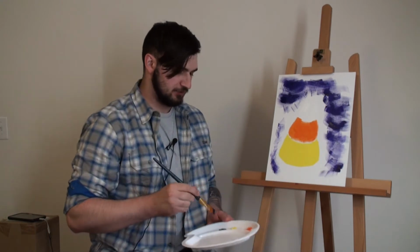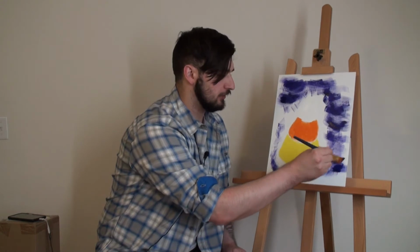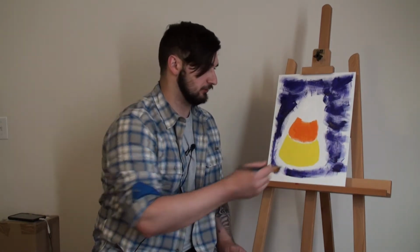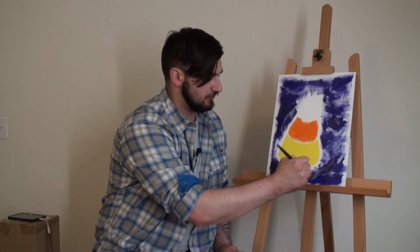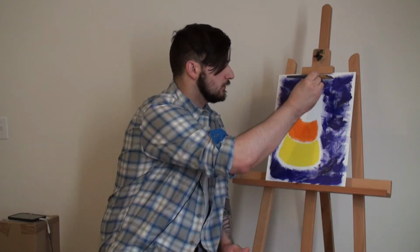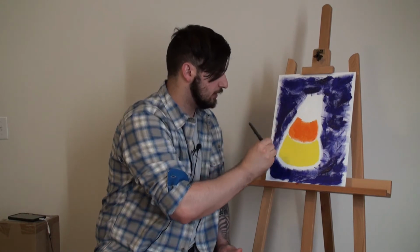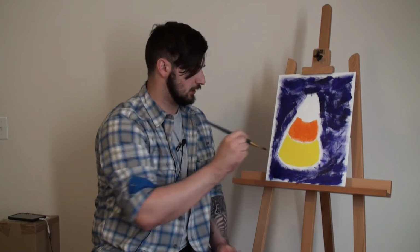Don't worry too much about getting it too close to the candy corn, because we'll come back with a narrow brush to get a little closer. I really shouldn't have made it nearly as solid in some areas, because now it's a little uneven. With the power of hindsight, I maybe should have made this a lighter purple overall, because now it's really dominating the whole picture. So now we're just filling in the thinner areas of our backdrop. Yeah, Jesus. Okay, a few more touches, and...